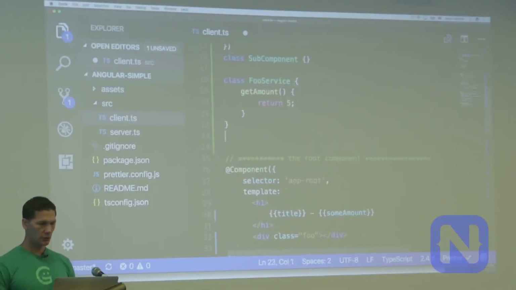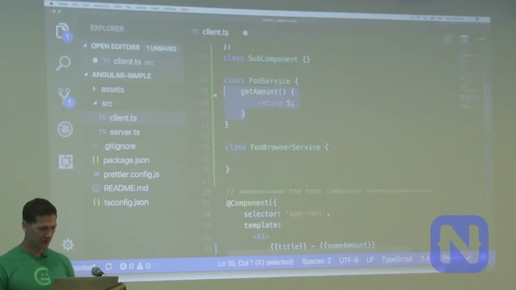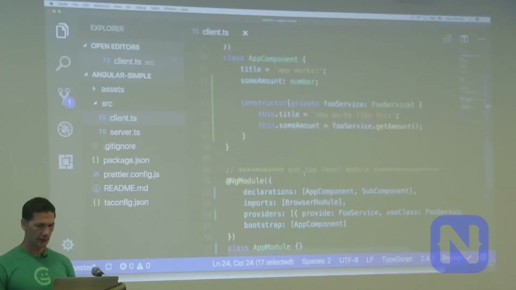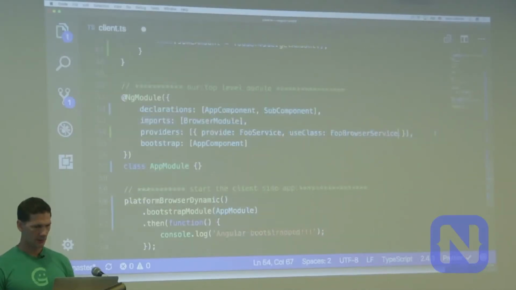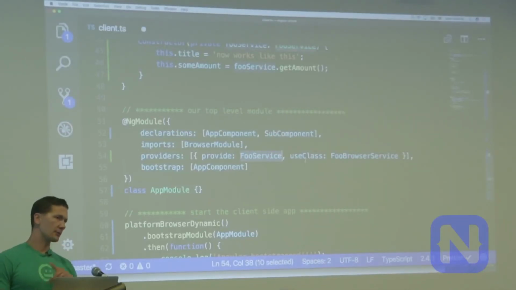We could do class foo server, let's see, or foo browser service, which instead of returning 5, we could return 6. And what you could do is set... So what I'm doing here is saying whenever the injector sees foo service, don't actually provide that class.